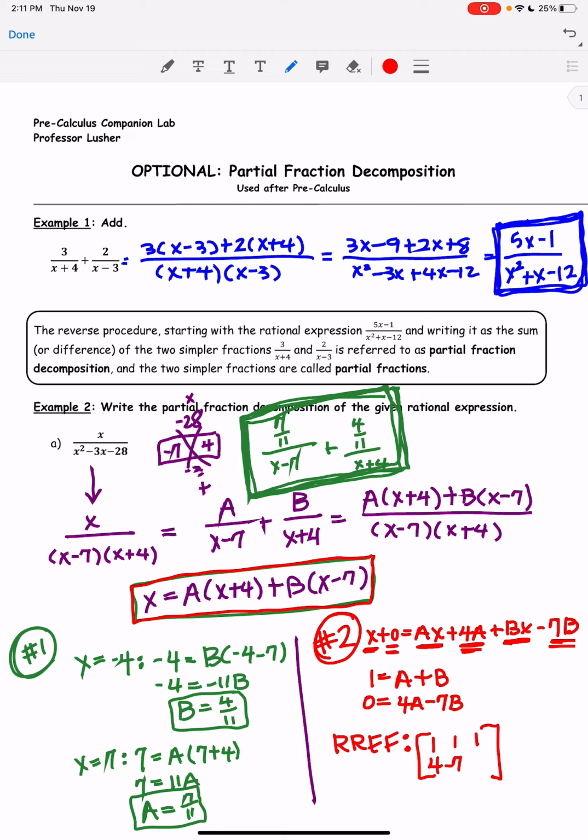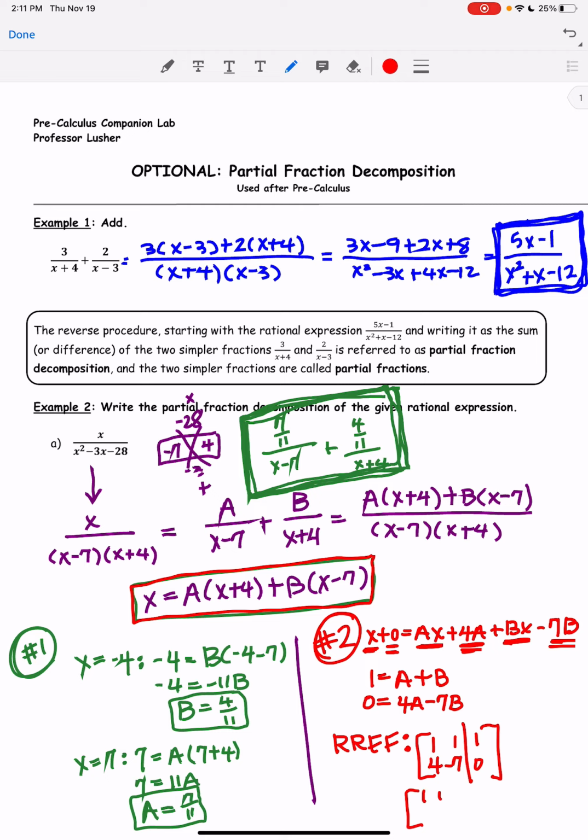4, -7, 0. Okay, because that's where your equal sign goes right here. So use your RREF, put that in as a 2x3 matrix. When you get that, you're going to get fractions, but just do your arrow fraction button, and the matrix you should get